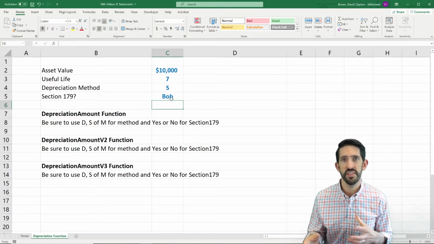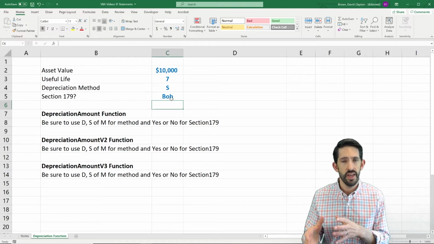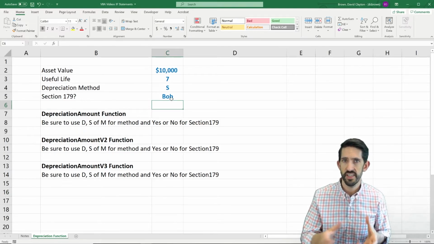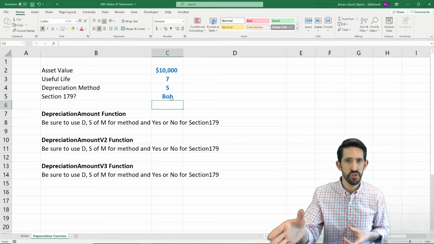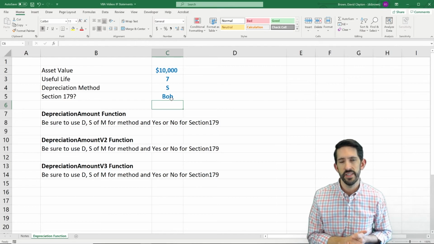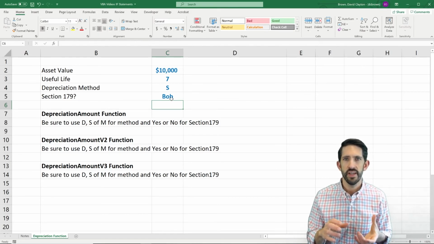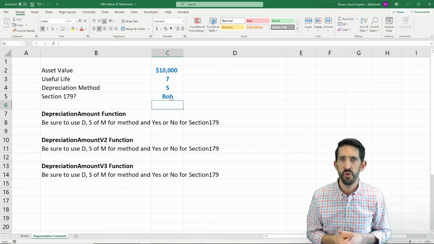All right, so we've seen a couple different ways to use if statements, nested if statements with and functions. It's worth mentioning that if you want to use ORs as well to do logical tests, that's acceptable too. Just like with an and in an if statement, you can use or in an if statement. All right, and we also saw select case as an alternative way to select a number of different possibilities or scenarios that you might want